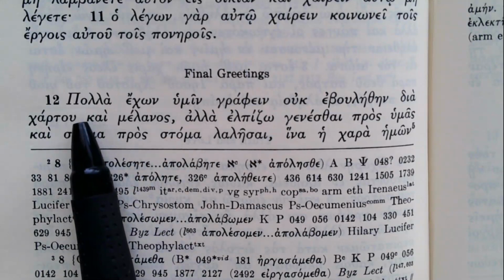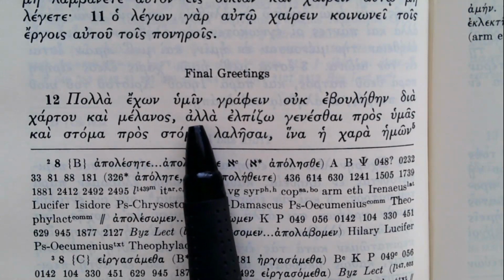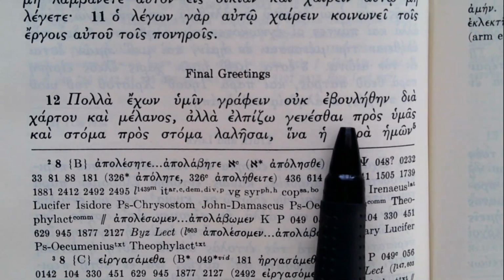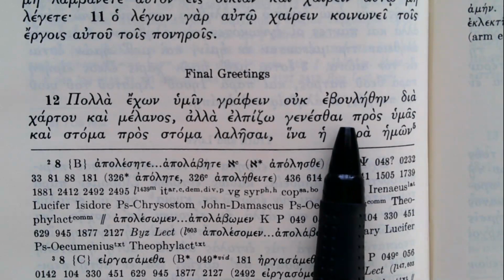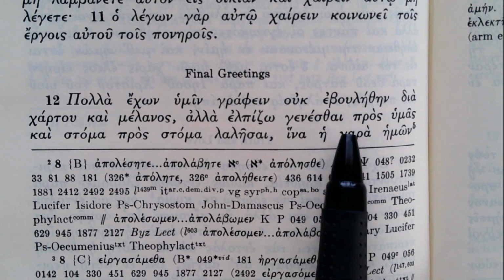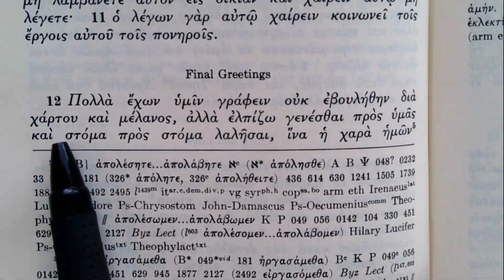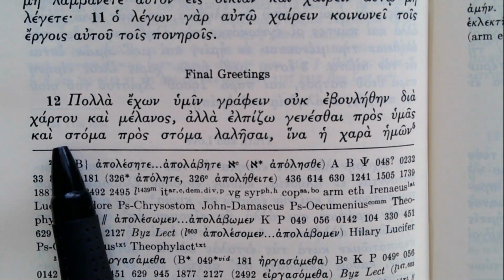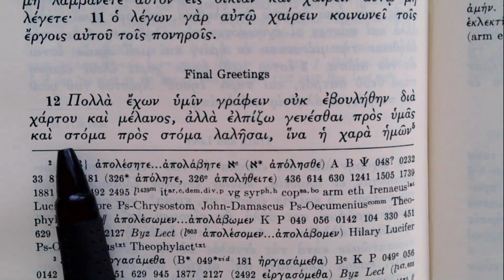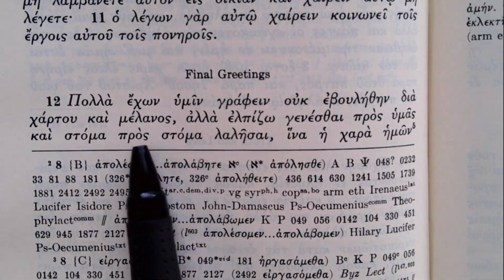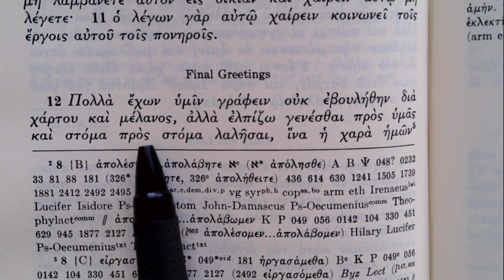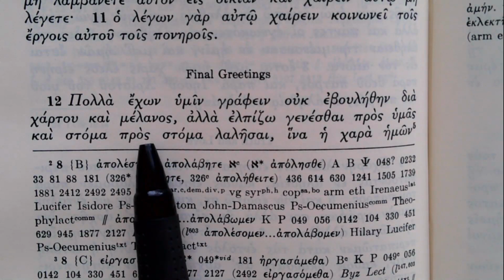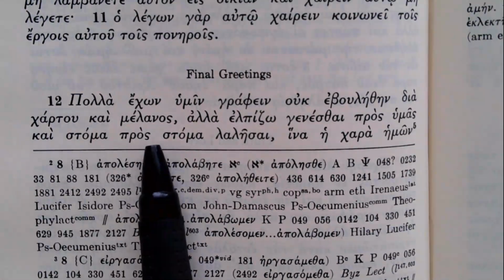Having many things to write to you, I do not wish, understand to do it, by means of chartou kai melanos. Now chartes is simply some sort of word for papyrus, just like paper really, and melanos is the black thing. It's connected with melas, melaina, melan. It means ink. So melanos comes to mean ink. So I do not wish to do it by means of paper and pen, we would say in English, by means of papyrus and ink,